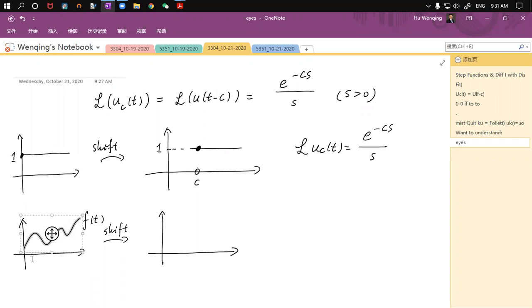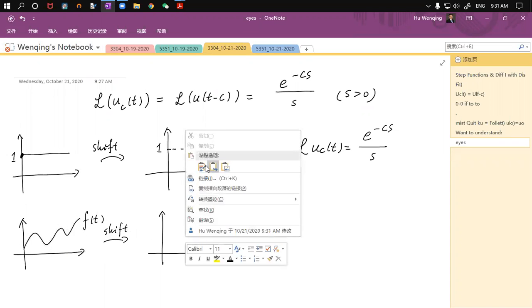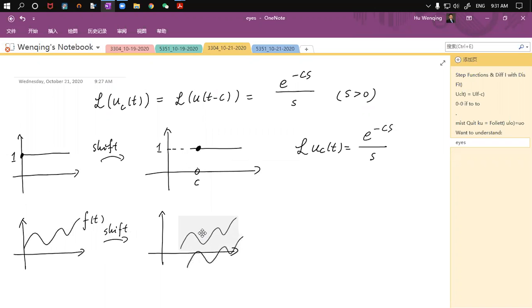Okay, so I'm going to shift this function, let's say to here. I will shift this piece of function to the right by some magnitude. So that's going to be a shift. And let me assume that the shift happens at point c,